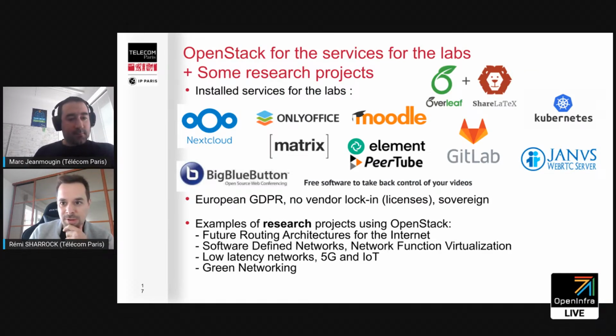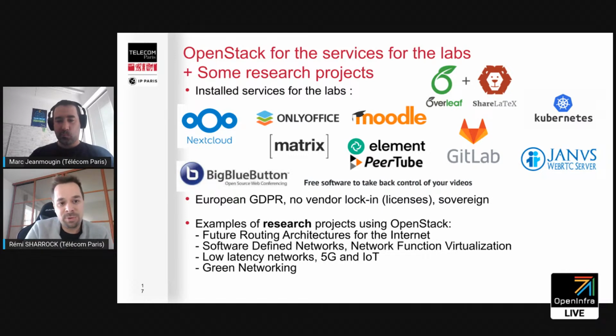Maybe I will go through the little services we have. So in our department, we use this OpenStack. We started the OpenStack, I think, a few years ago. Maybe it was 7 years ago, I'm not sure. By aggregating servers and then installing OpenStack.